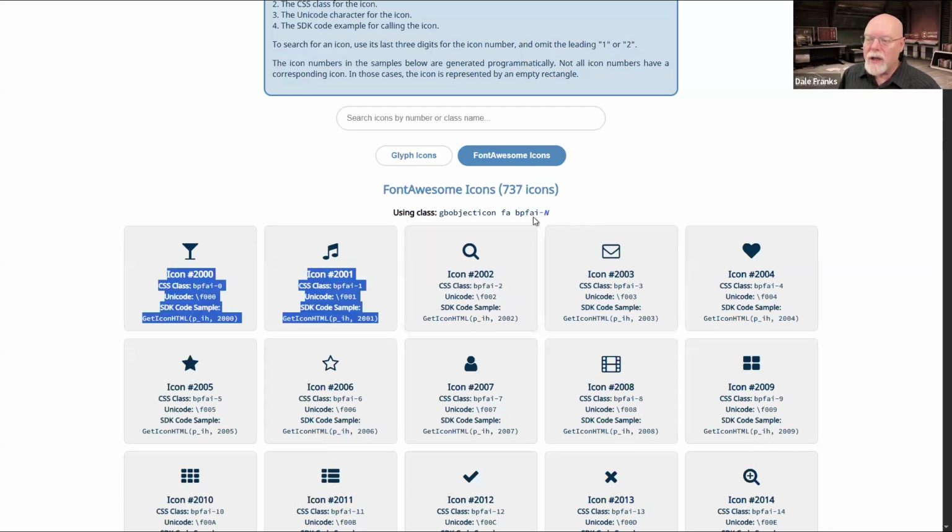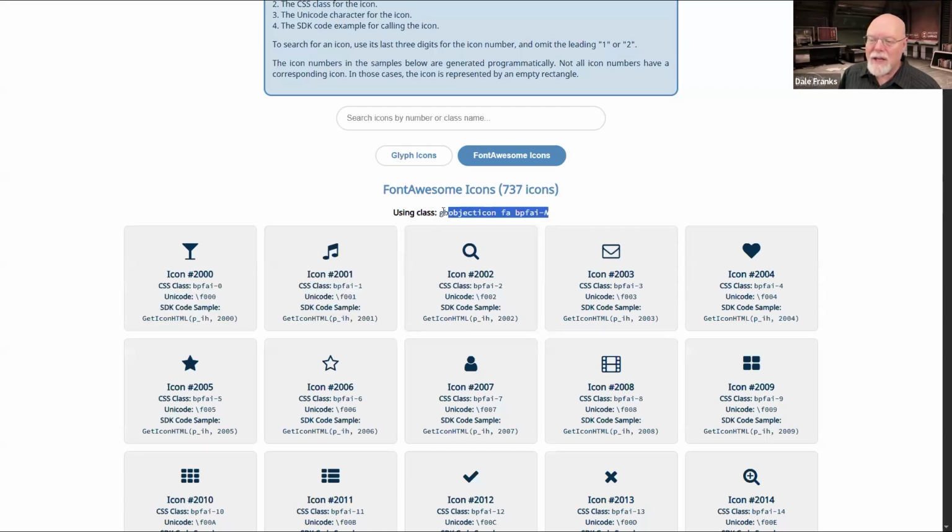What you actually have to use is this whole set of CSS classes. So to show this particular icon, you would need to use GB object icon FA BPFAI-2, which is the class, to show this icon. So you can actually do that, and we'll take a look at that in a bit.